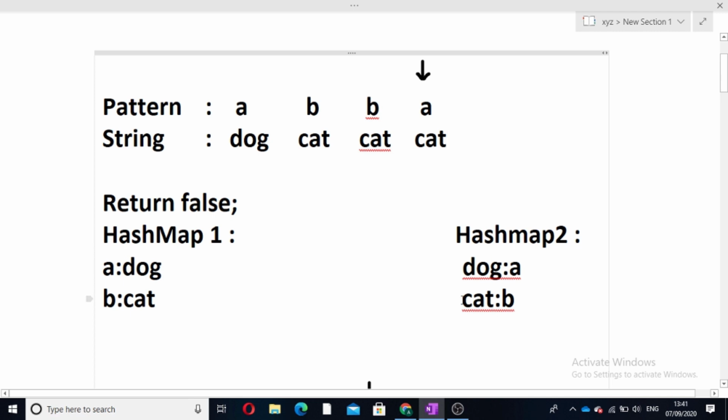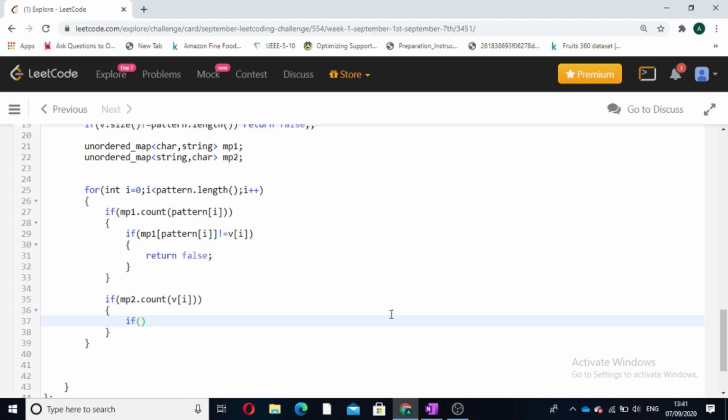This will be a contradiction, because a single string can be mapped to a single character only. In this case, you can see that in hash map 2 cat is mapped to b, and in the pattern cat is mapped to a. So in this contradiction we will return false. If mp2 of v of I is not equal to pattern I, we will return false.